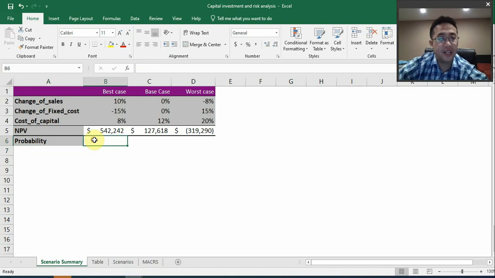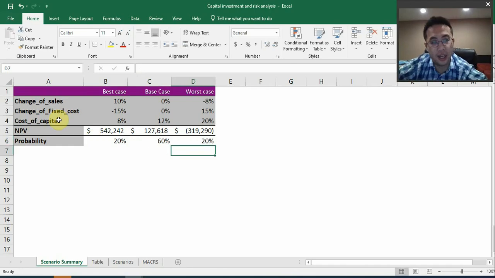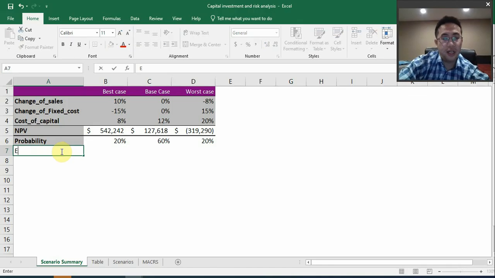Okay, and then I need to input the probability. For the best case, that's a 20%. For the base case, that's a 60%. And for the worst case, that's a 20% likelihood of occurrence. All right, and then I'm going to calculate the expected